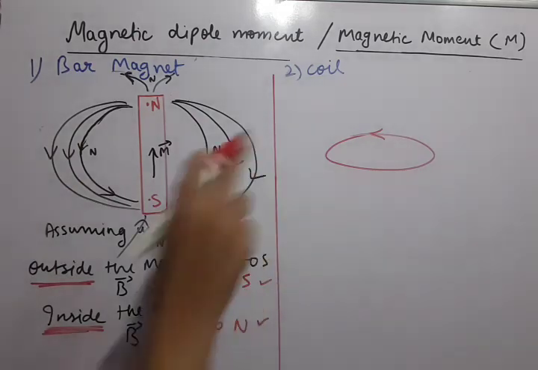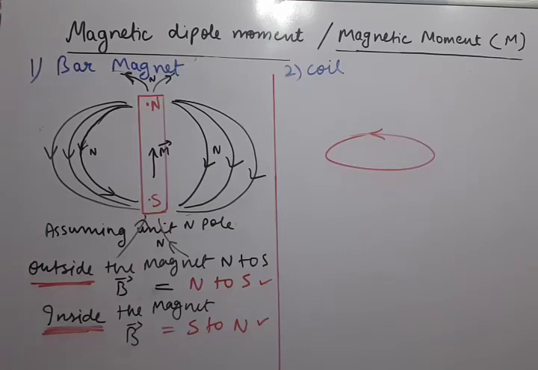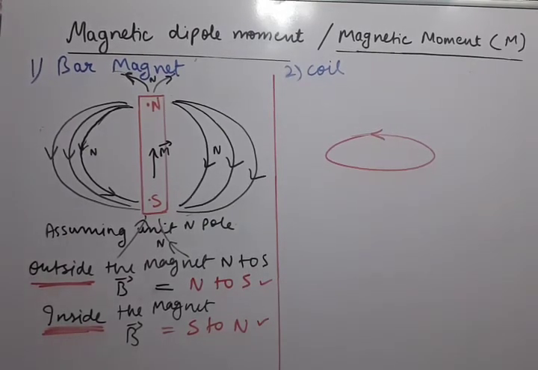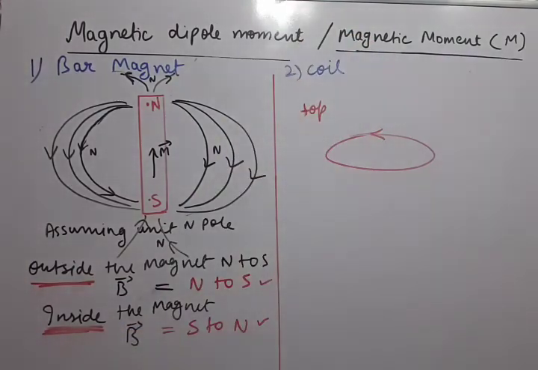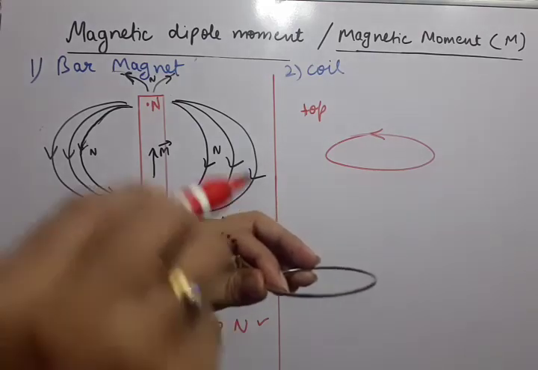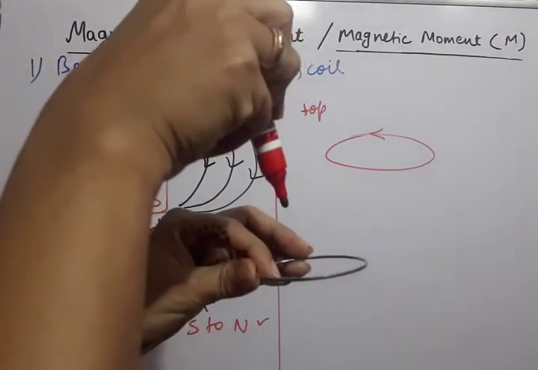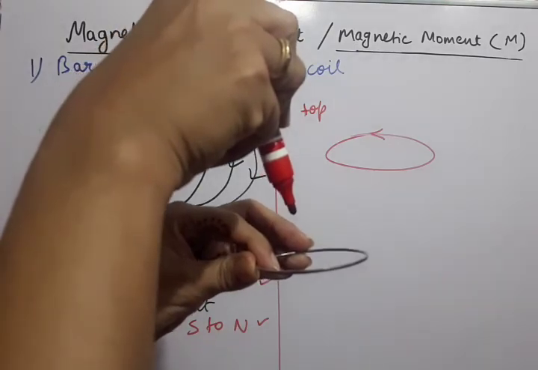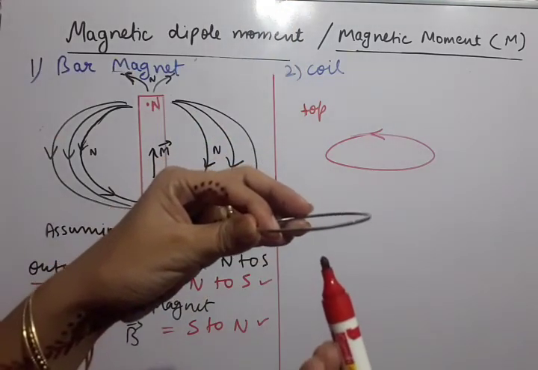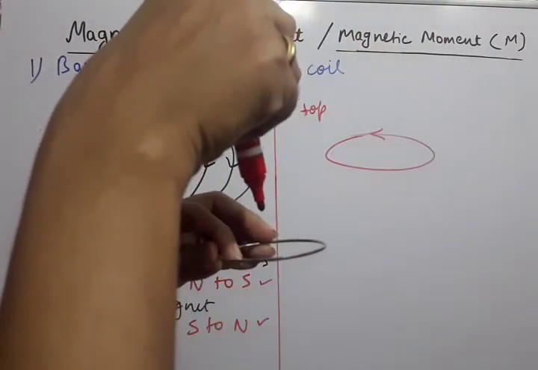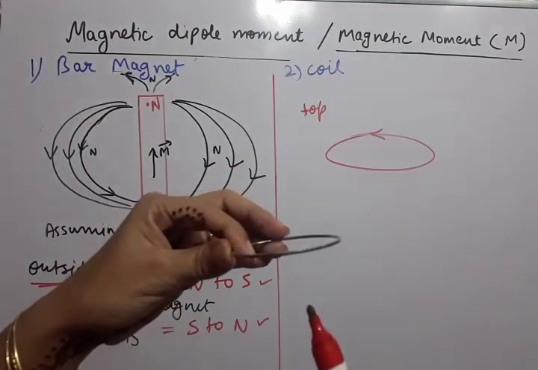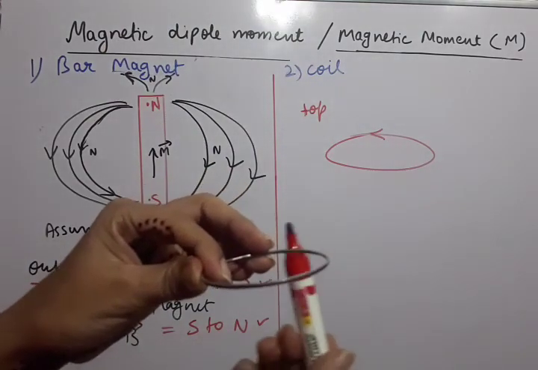Now I will discuss the coil: how the coil can have two poles, or how it can be a magnetic dipole. See, suppose I am taking an anti-clockwise current from the top. Suppose we take any coil from the top. If we see the direction of the current and it is anti-clockwise, then if I see the same current from the bottom, it will look clockwise. From top anti-clockwise, so from the bottom clockwise. The direction of the current is the same.